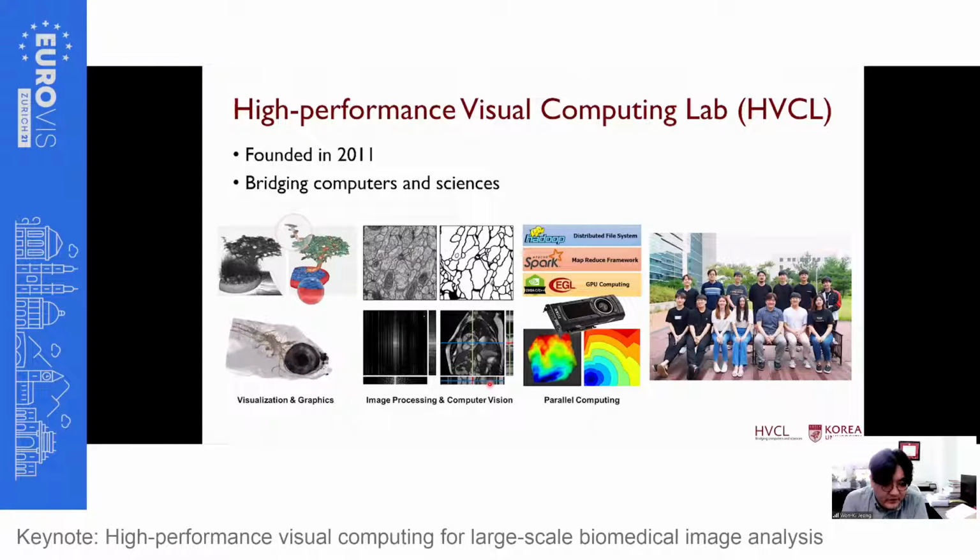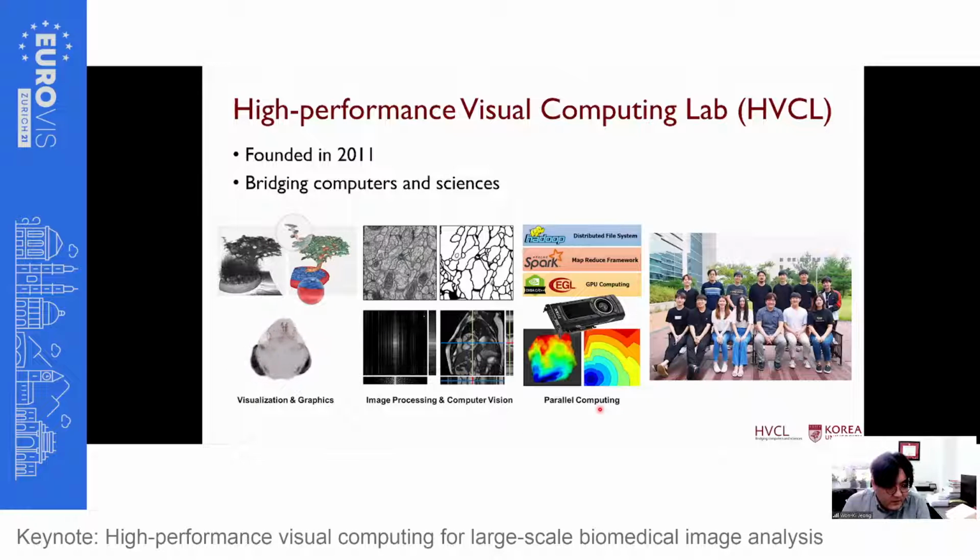The main research we pursue in our lab is a combination of three big categories in computer science, I would say. The first topic is visualization and computer graphics, making nice, beautiful 2D and 3D images. The other is image processing and computer vision, trying to get more useful information from a 2D image or video. And the last one is high performance parallel computing, where we use the architecture to make computation and visualization faster.